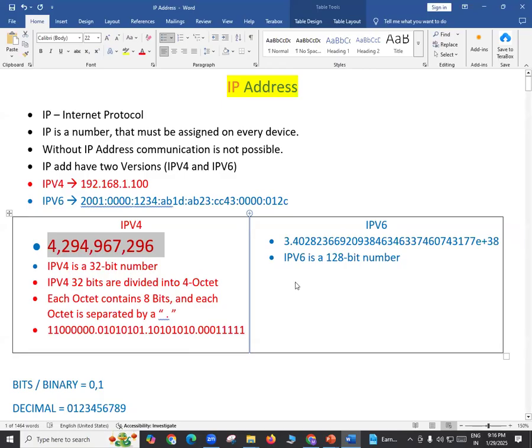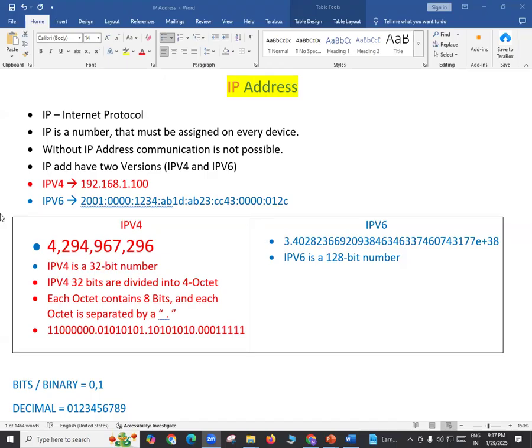Okay. And you know how many addresses are possible in IP version 6? This many numbers are possible in IP version 6. So the total is trillions and trillions and trillions of numbers. IP version 4 is 4 billion plus. But in IP version 6, we have trillions and trillions and trillions of numbers. Now we can say the total numbers we have in IP version 6 will be sufficient for many centuries to come, probably. There is no reason for them to introduce one more IP version, let's say IP version 7 or IP version 8 or something. Because we have sufficient numbers in IP version 6, that will be more than enough.